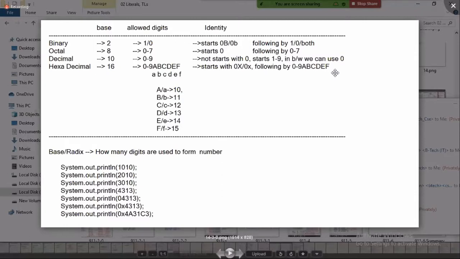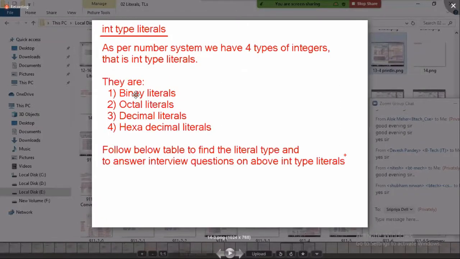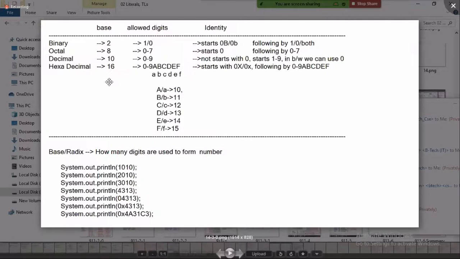Understand? Listen carefully. How many types of int literals are there? 4 types. How can the compiler identify these 4 types? By what they start with. Then there is a base or radix. The binary number base is 2, octal base is 8, decimal base is 10, hexadecimal base is 16. Why do we call this a base? Very simple.